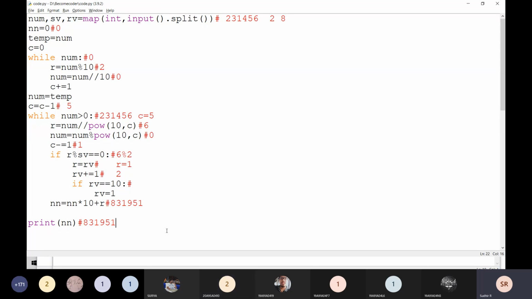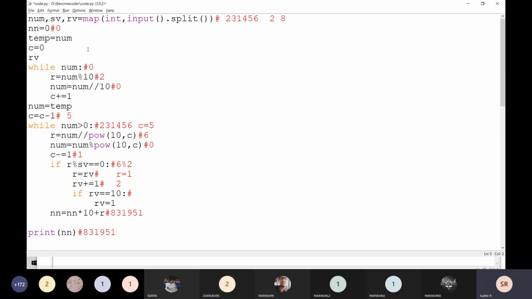Sir, can we give replace value 10? We should not give replace value 10 here, right? Replace value, for example, the replace value is always a constant. If it is there, we are going to do it. For example, replace value is